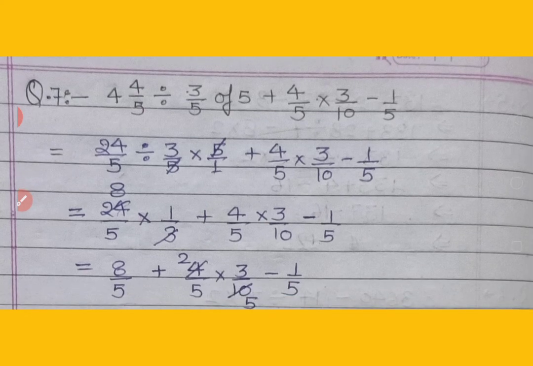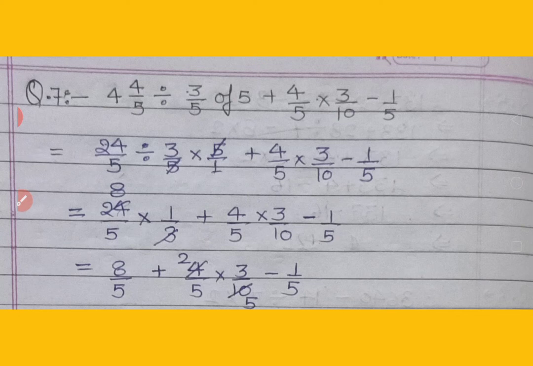It has given 4 by 5 divided by 3 by 5 of 5 plus 4 by 5 multiply 3 by 10 minus 1 upon 5. So firstly we have to solve "of", but firstly we have to change all the mixed fractions into improper fractions. The mixed fraction 4 by 5 changes to 24 upon 5. So here 3 by 5 multiplied with 5, so 5 divided by 5, and here 4 by 5 multiply 3 by 10